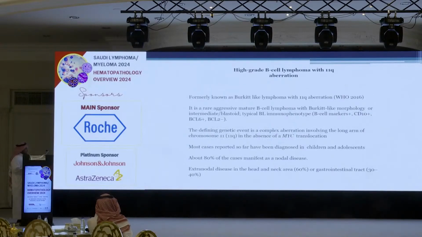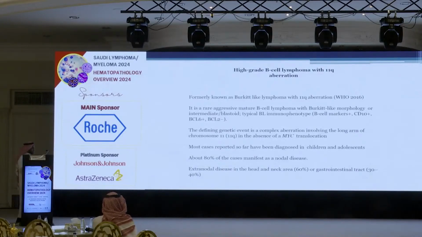The next topic is the high-grade B-cell lymphoma with 11q aberration. This one joined the WHO in 2016 as Burkitt-like lymphoma with 11q aberration. In the recent WHO, the Burkitt-like has been removed and replaced with high-grade B-cell lymphoma. It is a rare, aggressive, mature B-cell neoplasm with Burkitt-like morphology and typical Burkitt-like immunophenotype. The defining genetic event in this tumor is the aberration involving the long arm of chromosome 11